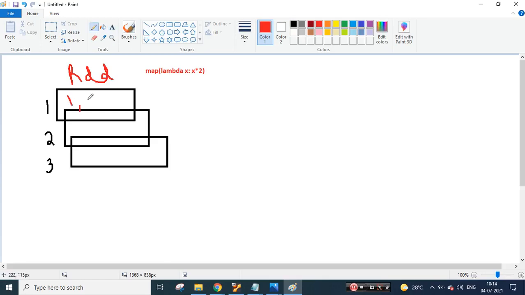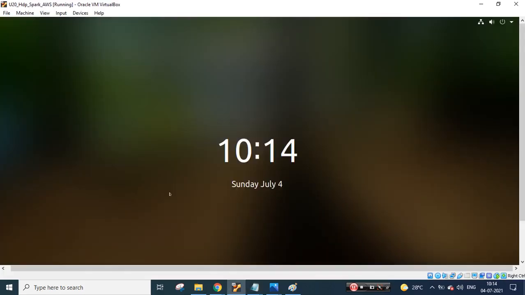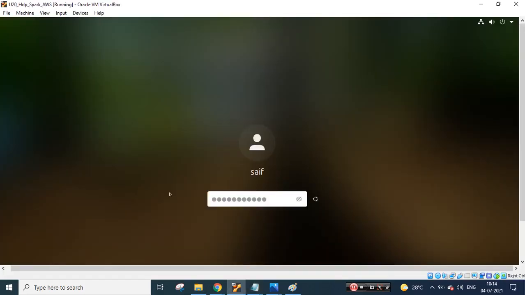So this was the stuff which I have written earlier, same thing. Whenever I'm using map, whatever function or logic I'm trying to write, that will be applied on all elements of your RDD. That's what it says. So x into 2: 1 into 2 is 2, 2 into 2 is 4, 3 into 2 is 6, and so on. So if I execute this small 3 lines of code, what exactly is happening is,